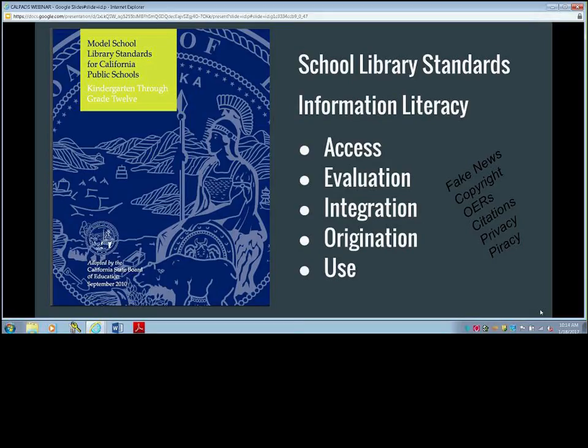And then finally, safe, ethical, and legal use of information. All the cyber safety stuff. California actually has standards about when we should teach a particular idea to what grade level about safety online. So we actually have standards that directly address online safety in our state, and it's right here in the wheelhouse of the teacher librarians.